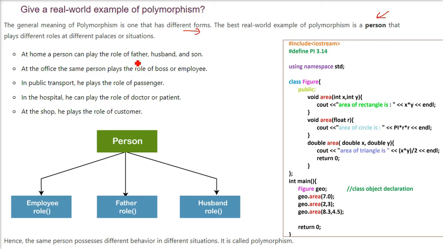A person at home can be a father, can be a husband, can be a son. So different roles he is playing. Single person, the same person. When he is in office, he is acting like a boss or an employee. When he is traveling in a train or public transport, he is a passenger. When he is in hospital, he is a patient or a doctor. In a shop, he is actually a customer. So a single person is acting, is playing all the roles whenever the situation demands, whenever the situation